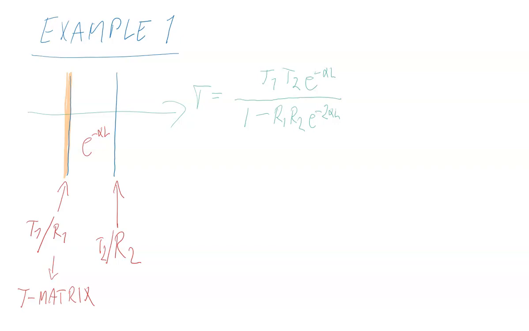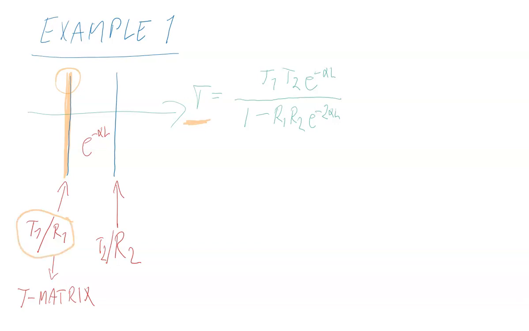I have two examples on how the substrate affects the properties measured from the thin films. Here we have a thin film deposited on a substrate. We wish to calculate the transmission through the film and the substrate. So the procedure is we need the